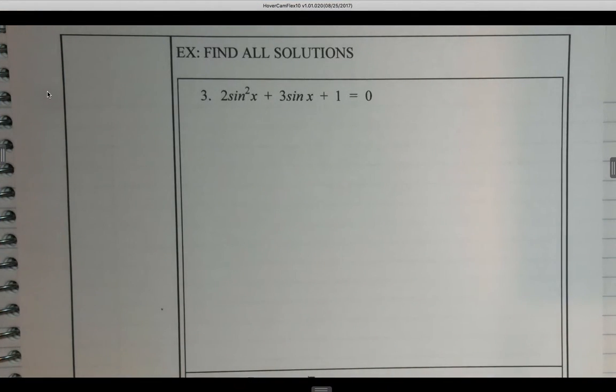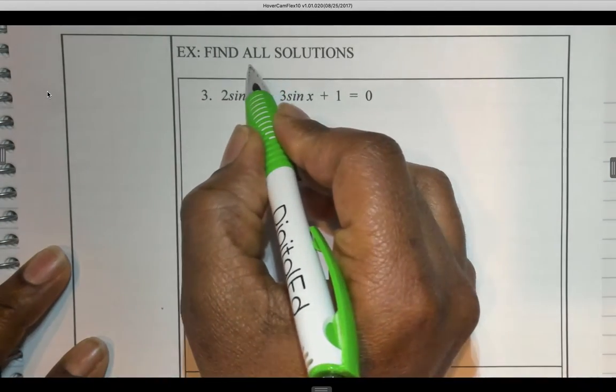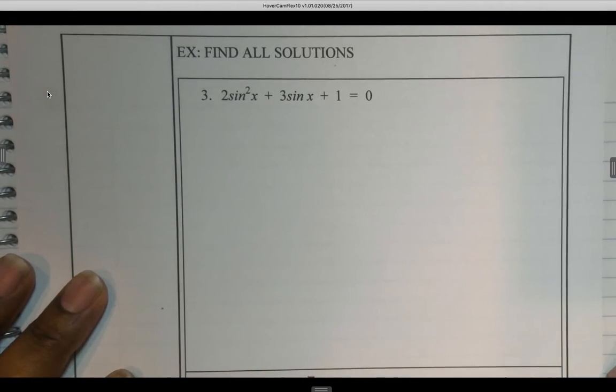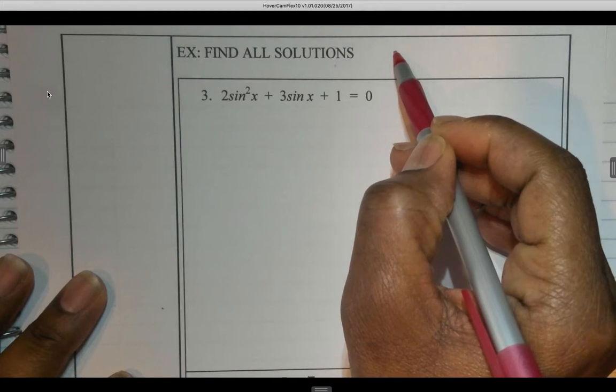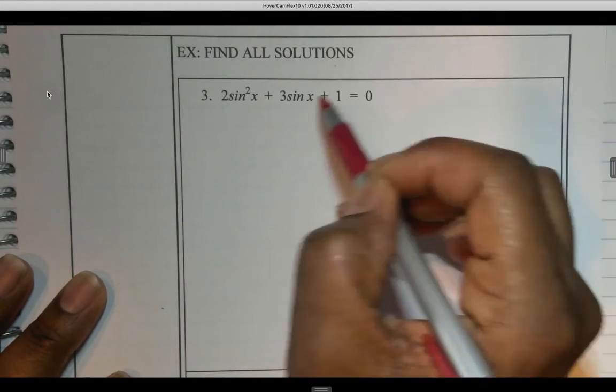Okay, so let's do a couple more examples where we're still solving for x, but in this case it says find all solutions. And what that means is we don't want solutions just between 0 and 2 pi. Now we want all solutions. So if I wanted to go around the unit circle 3 times, where would that solution be that would fit